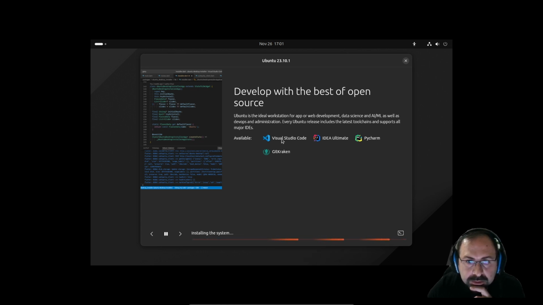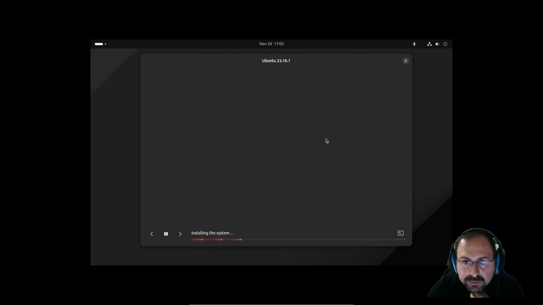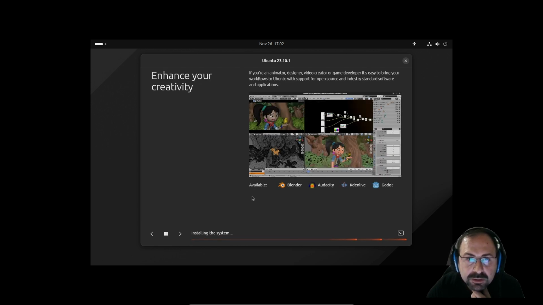Yeah, you can also install Visual Studio Code if you are a coder, or the IntelliJ editor. If you are a content creator, you can use Blender for 3D graphics, Audacity for sound processing, and some other applications as well.